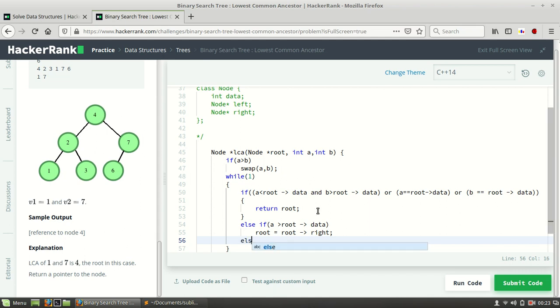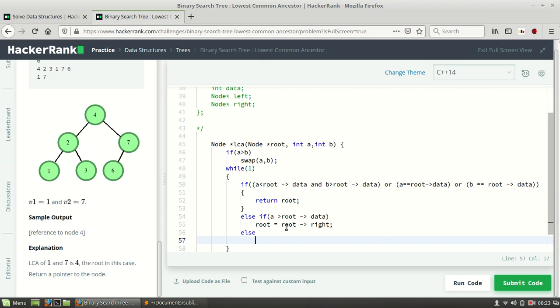Else a is smaller, then we need to move to the left, because left is smaller.